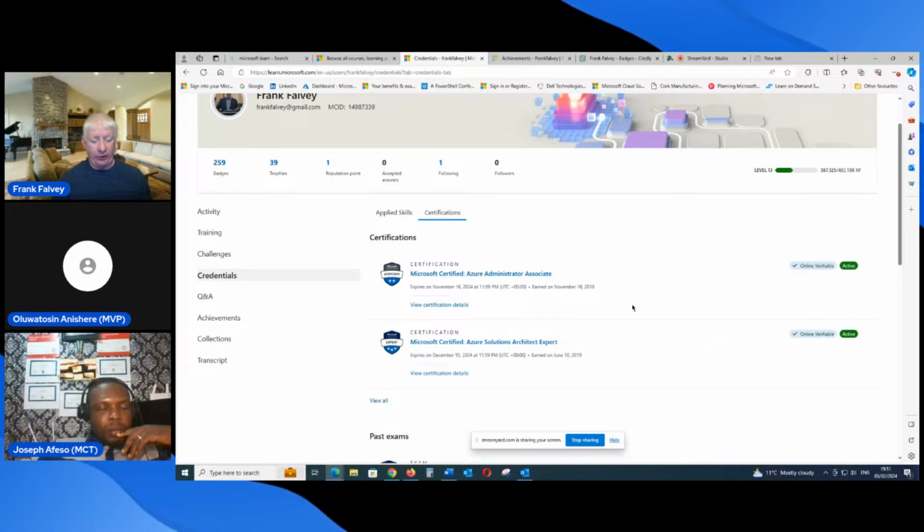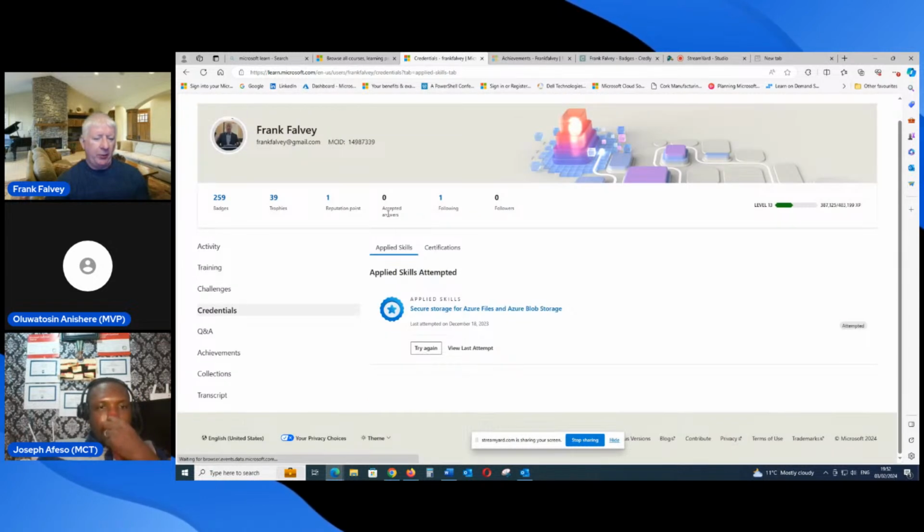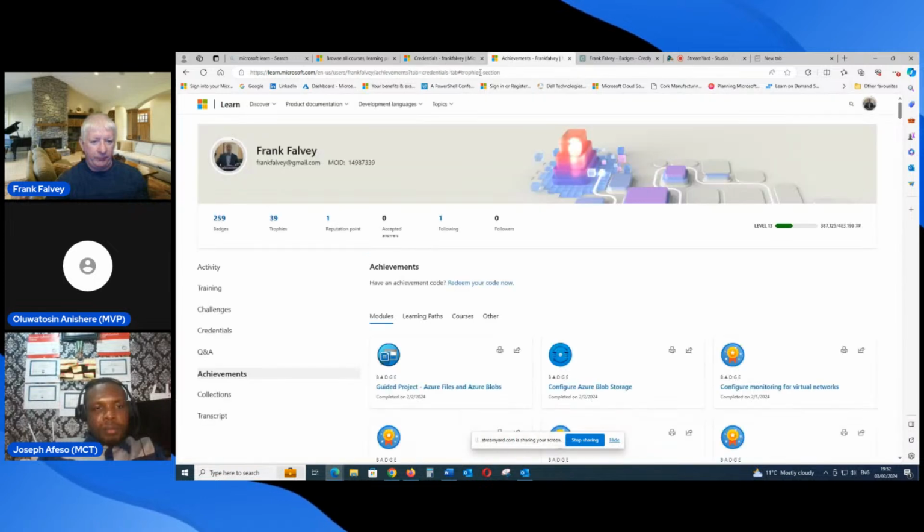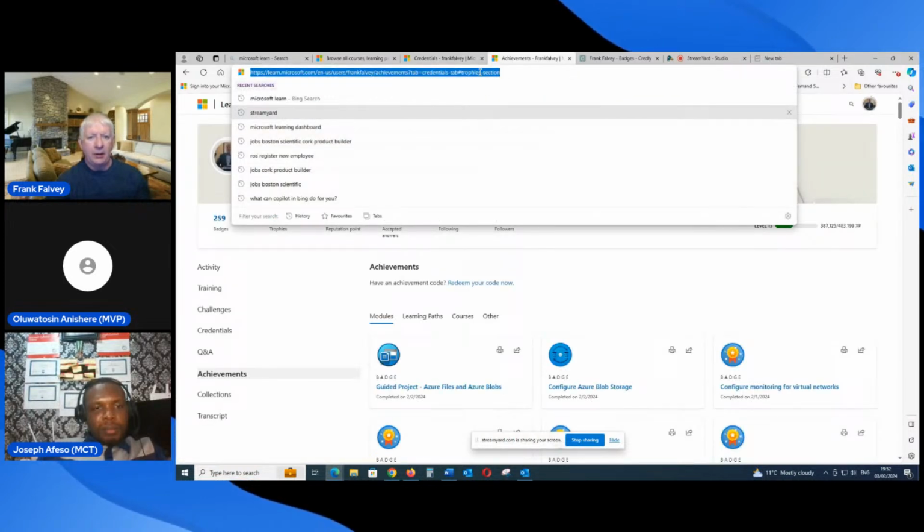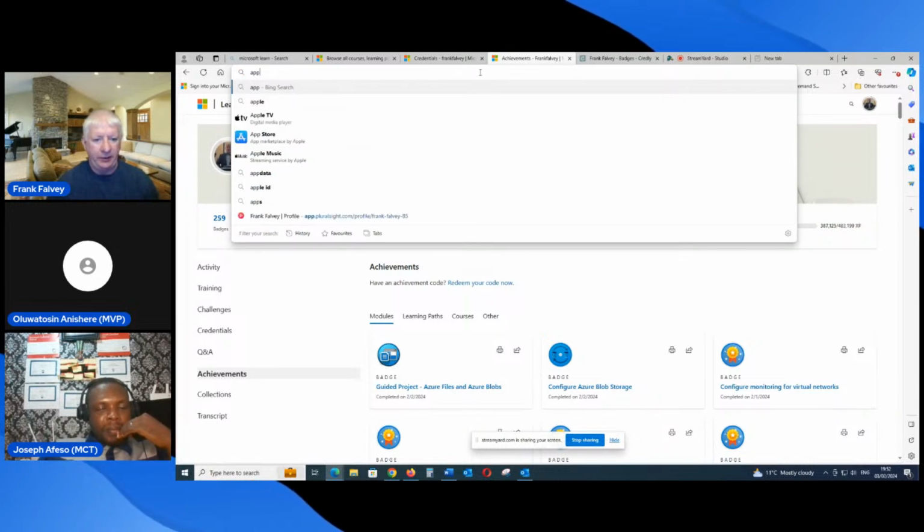One other thing I just wanted to touch on that we were talking about: Microsoft have these new applied skills, they're called. Somebody was saying to me that these sort of things are going to be more and more in the future. So I just want to bring up, one second now, and I'll show you a bit more about the applied skills.